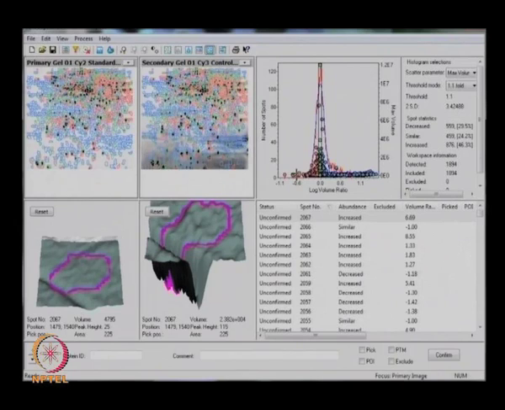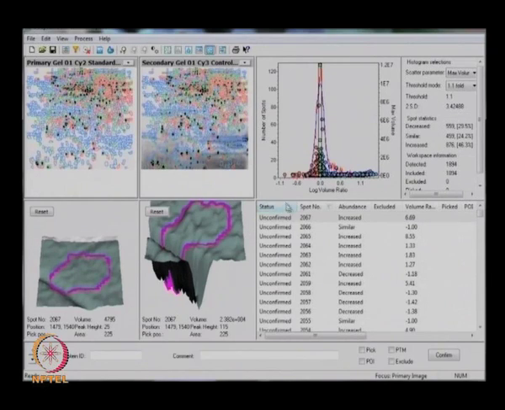These are all down regulated when comparing control with treated, and these blue colored spots are all up regulated when comparing control and treated. In between there are some spots which are similarly regulated. So this is what we can see in DIA.